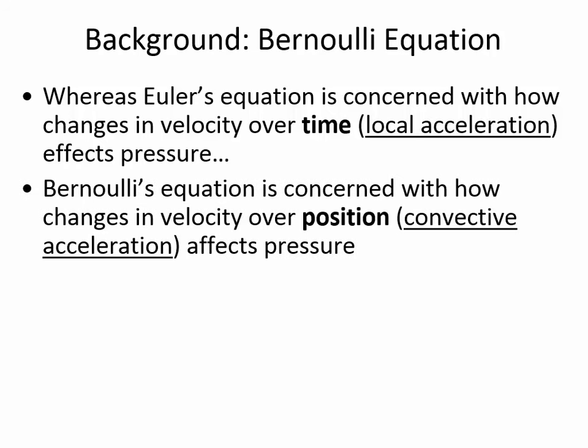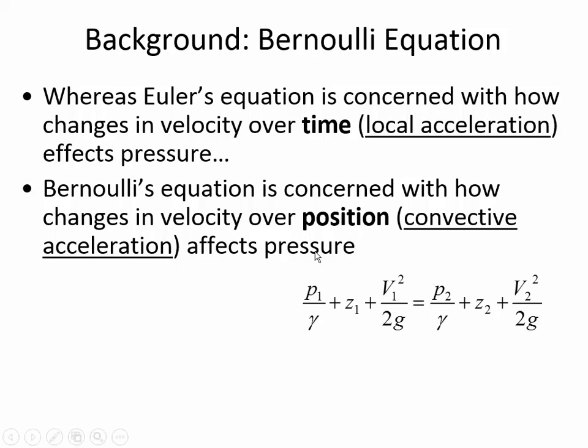Bernoulli's equation is applying the principles of convective acceleration and looking at how elevation and pressure are affected by convective acceleration. Now, what we're going to look at today is how the velocity changes over position and specifically how that changes the pressure. So here is Bernoulli's equation. And there are some important assumptions that go into Bernoulli's equation that we're going to talk about today. But what it's saying is that if you pick out 2 points, then there is a constancy in the pressure